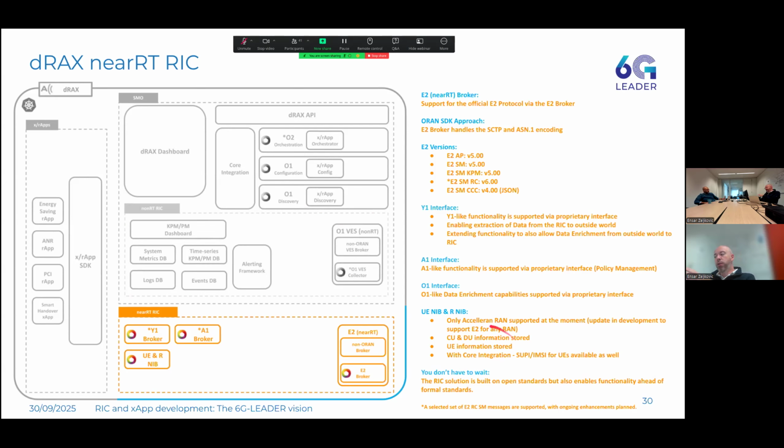To do that, right, all of that kind of information is aggregated into what's called the UENIB and RNIB, and we have a first implementation of this kind of database. So it's a database that actually collects information on the network itself, so the infrastructure, cells, the RAN, etc., with all different kinds of statuses and identifiers, and then also UE level information, so really UE identifiers and other information that goes alongside with the UEs. Now, this is a database which allows xApps to get an overview of the topology, but also correlate data in order to build a view on, what do I have in the network, how can I interact with it, and so on.